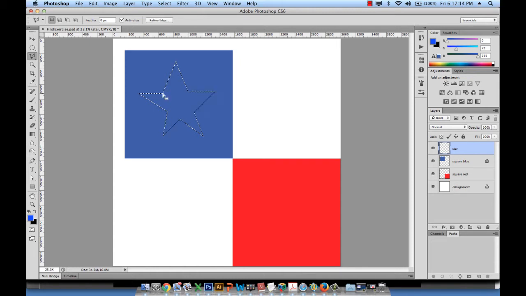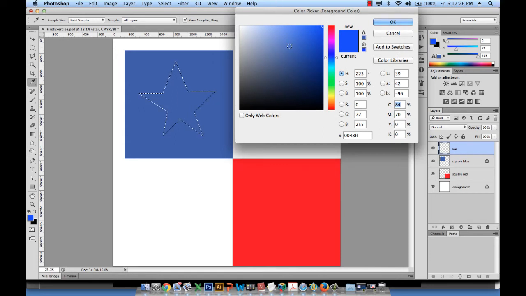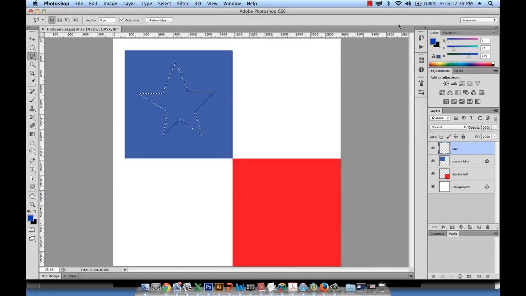So let me do that. Okay, I clicked and then I have the shape of a star. Since I'm on my new layer, I can go ahead and give it a color. Let's select a darker version of this blue. I always like to choose a color and its darker version because it's a safe color palette. They always work together. So I just selected a darker blue and then hit OK and color that by clicking